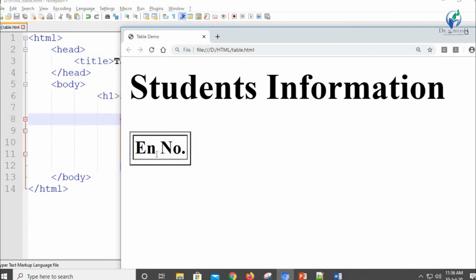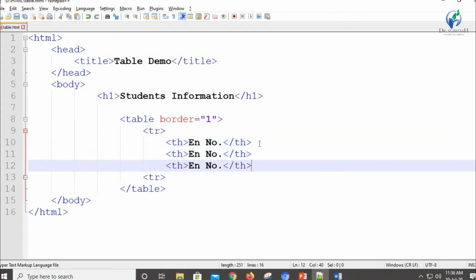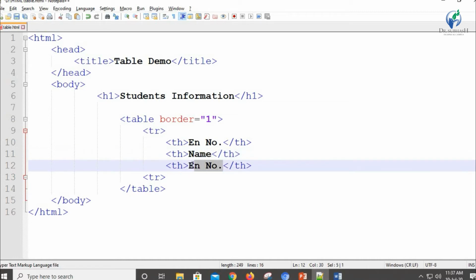Now we are going to add one more cell as required. Okay, so we are going to repeat this th. Say first the name of the students, and then we are going to write college name.